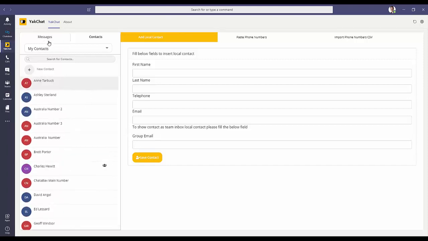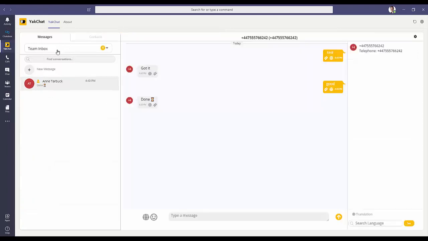Now when I go back to the messages and I go back to the team inbox, you'll see that the number that was there has now been replaced by Anne Tarbug, which is the contact that I just added to the database. Right, I think that's about the only additional piece when you do come into the application for the first time,